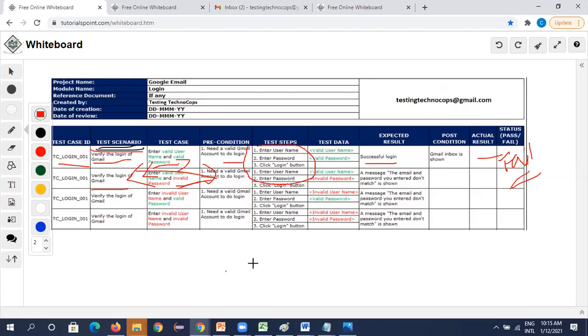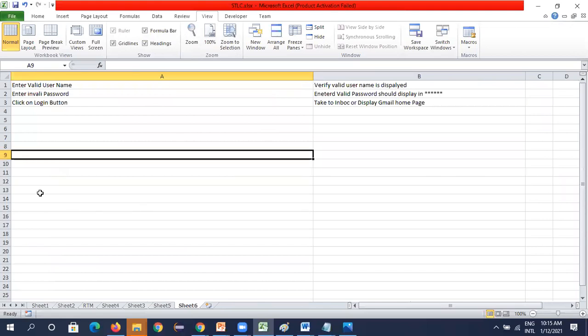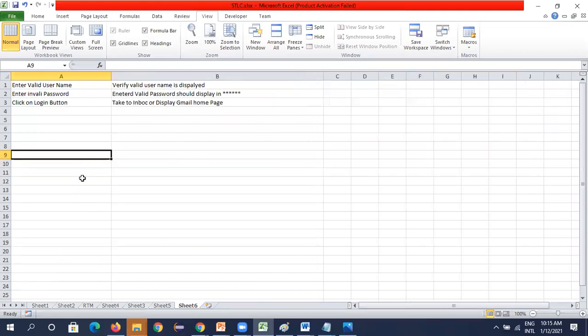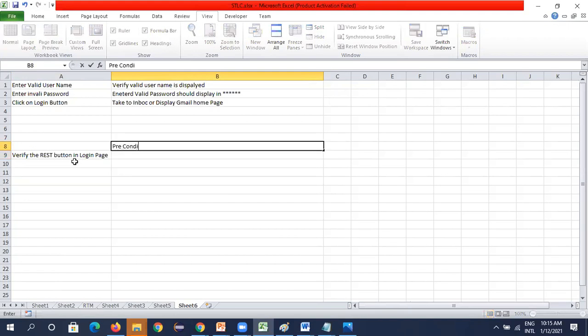Okay, we'll do one thing. We will write one. The scenario would be verify the reset button in login page. This is the functionality.